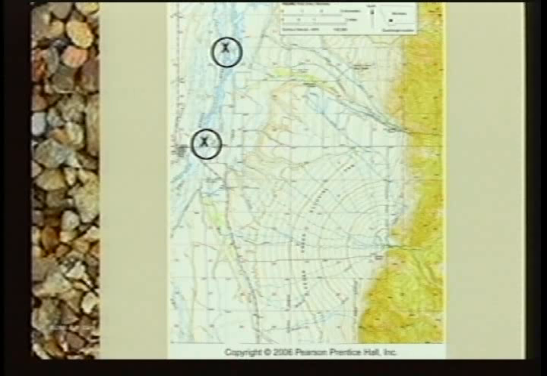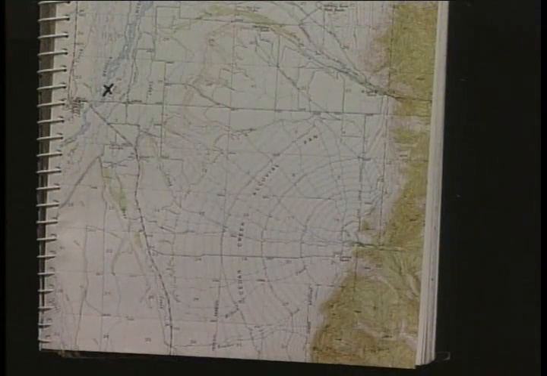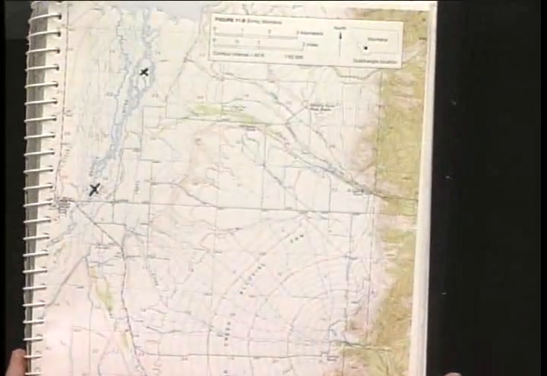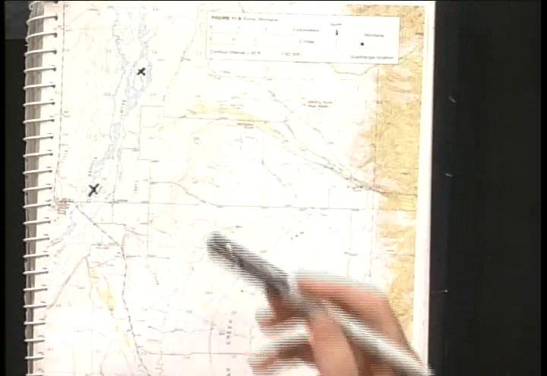What I've done is to show you a couple of spots where the contour lines are actually crossing the river. So I've put an X where one contour line crosses, and I've put an X where another contour line crosses. And let's go ahead and take a look at that map. Okay, let's bring it down a little bit. Here we are. We have our two X's